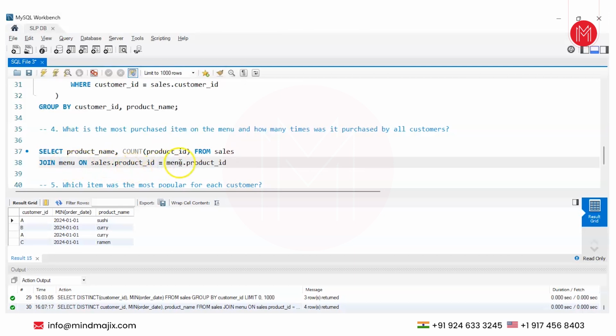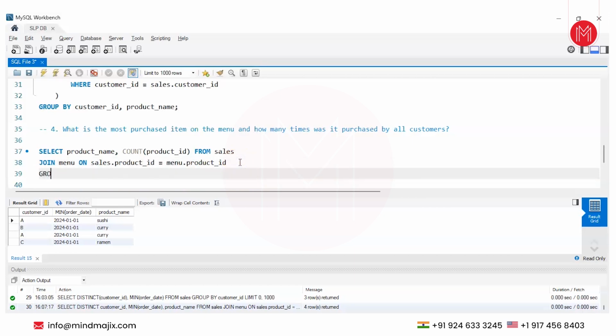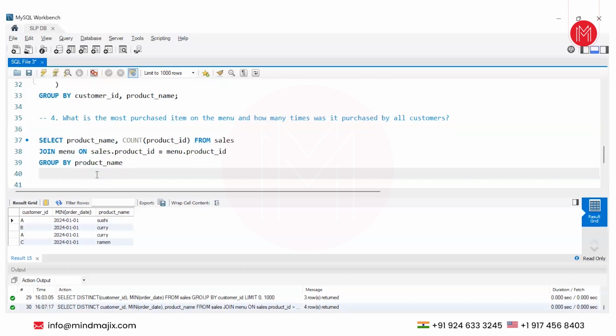That's fine to eliminate the ambiguity. Now we will group by product name, and we will order by the count of number of times the product has been bought. We will order that by descending